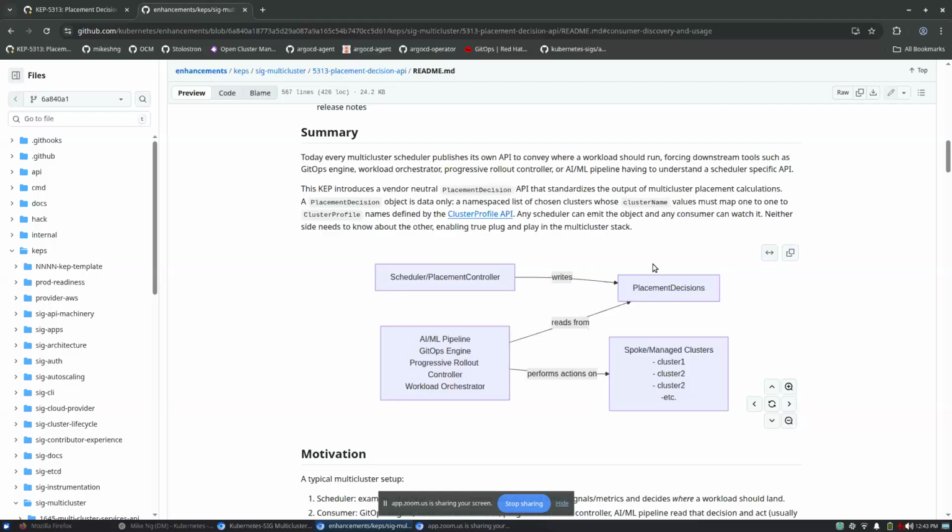And from what I can see, maybe I can either share something, or I can send the link. There are examples like Argo CD, and I don't know if I can share. I have two examples. There's Argo CD, it's called the Cluster Decision Resource Generator, and the other is the multi-queue custom implementations.